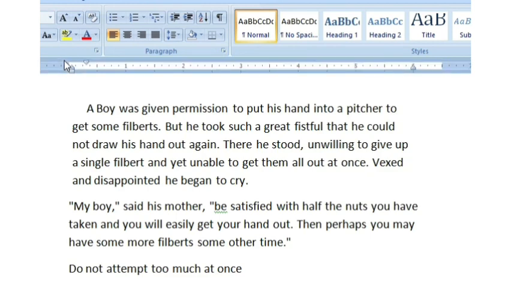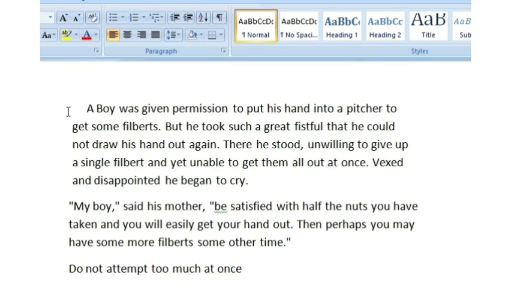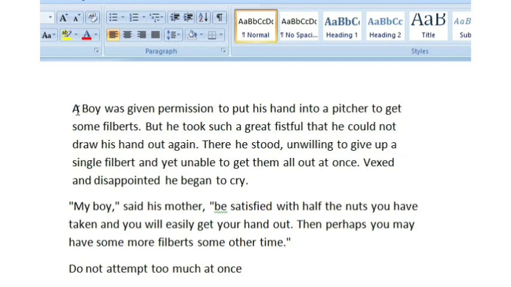Paragraph alignment is the space between the edges of the page and the paragraph where it is starting. And indentation is the space between the margin and the first letter of the paragraph. So we can change the indentation as well.